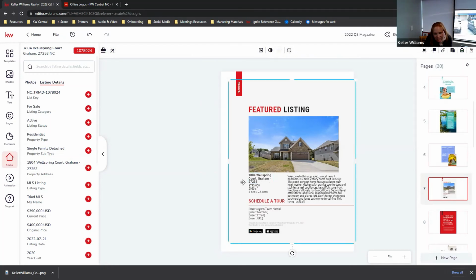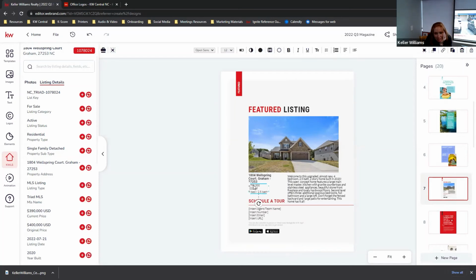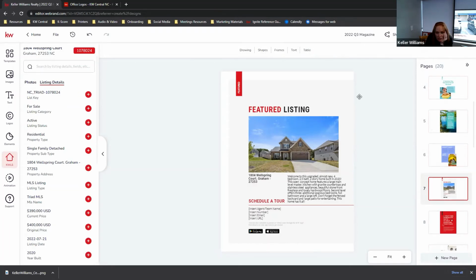But if you deleted that, then you could just go to each one and hit plus and just kind of size them together and all that.